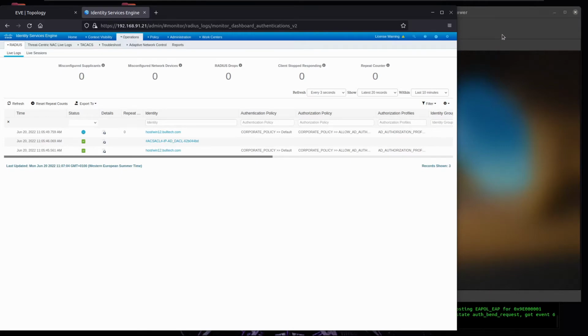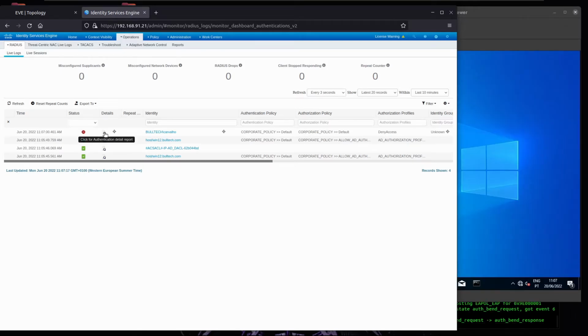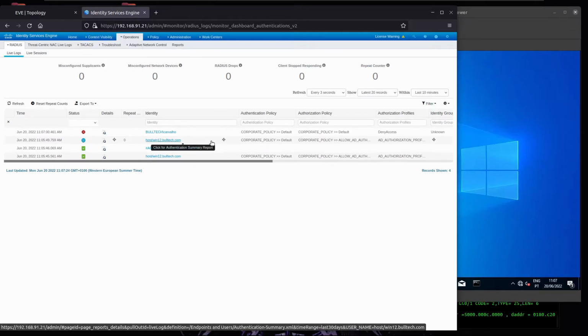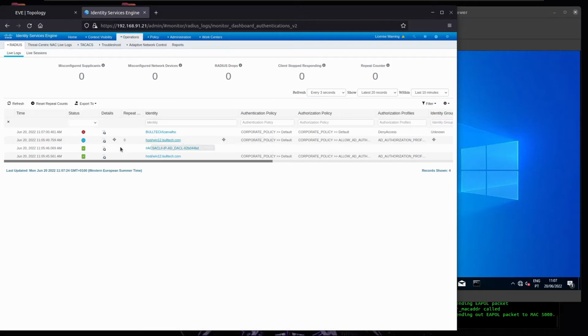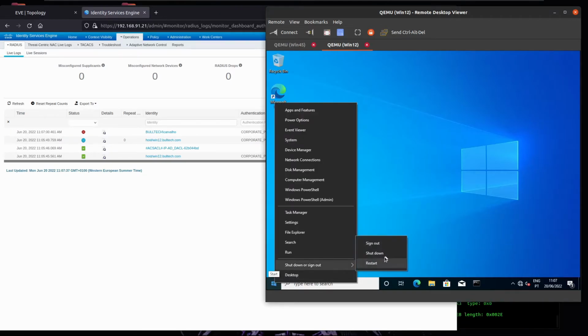So we should see a log message here, and we see that Carvalho was denied access because Carvalho is part of another group, and our policy is expecting Celesio or someone from the IT group to log in on this computer. So our policy is working as expected. So now let me restart this, and